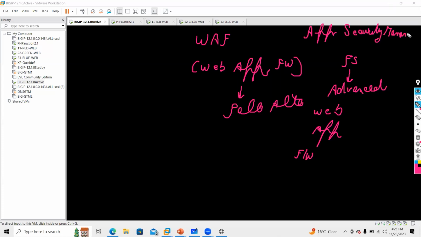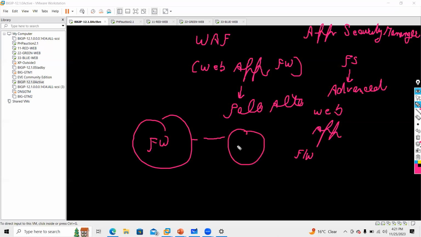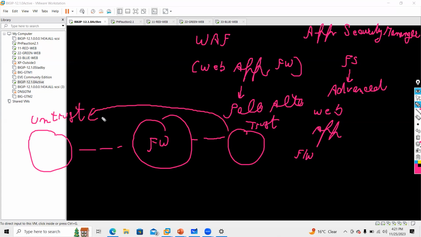Its main role, see, firewall or FortiGate main role is to protect your network. Let's say you have a firewall. You have an application hosted in a data center which is in a trust network. Someone wants to access it from an untrust network, or someone sitting on the trust network wants to connect to someone in the untrust network. Firewall is used to protect your network from attacks or threats. You will see a firewall might be deployed at perimeter level so that it protects your whole network.